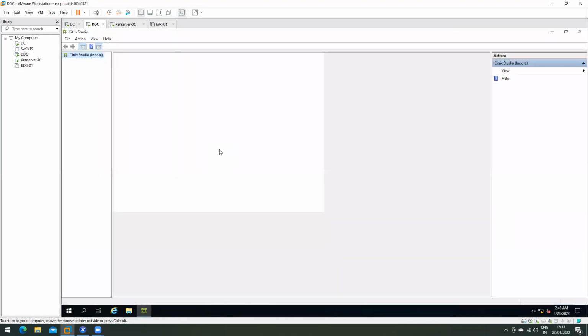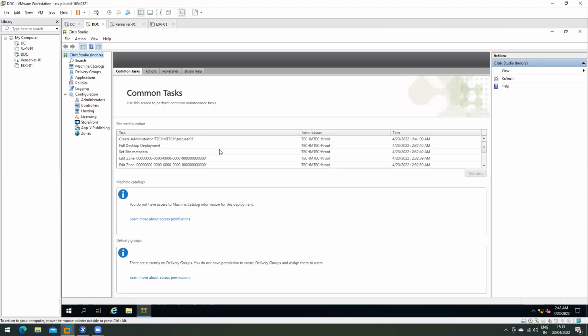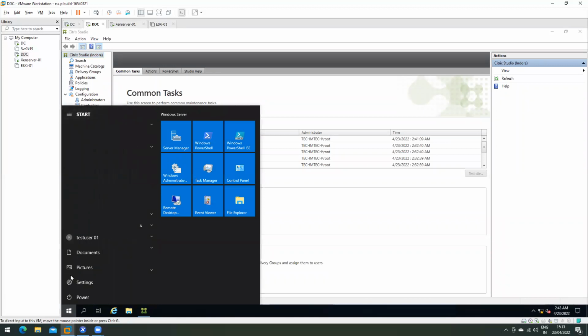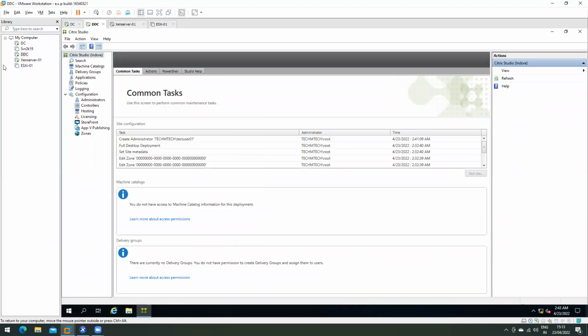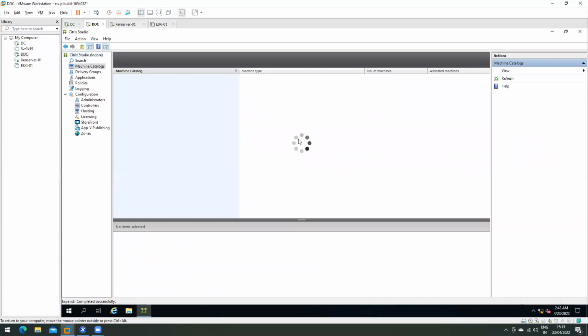Yeah, I have full, I'm a full administrator. Okay. As you can see, Citrix Studio is now launched for test user 01, correct? Yeah. Now if I click on the machine catalogs,